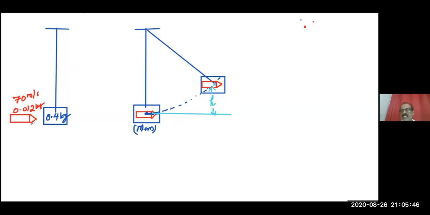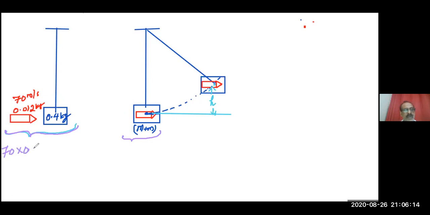Look, first let us calculate. This is before collision. This is after collision. Okay, we will apply law of conservation of momentum right now. By law of conservation of linear momentum,